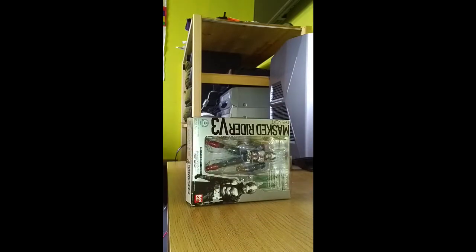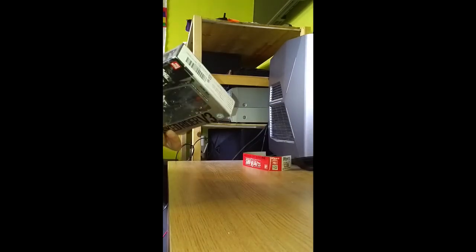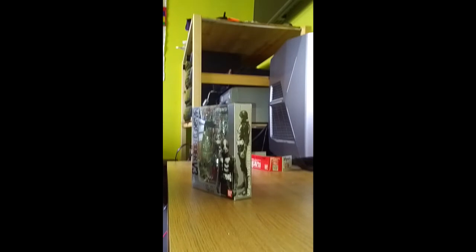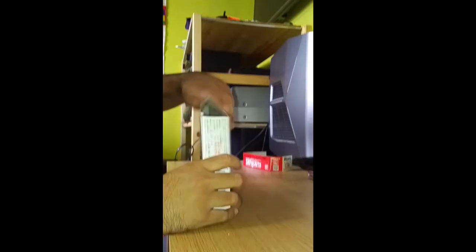But let's get on with the unboxing. And again, the seals are original and intact, so I should have a good experience with this figure. From the outside, the figure does look pretty decent. I love the Ichigo from the first figure. Right, so